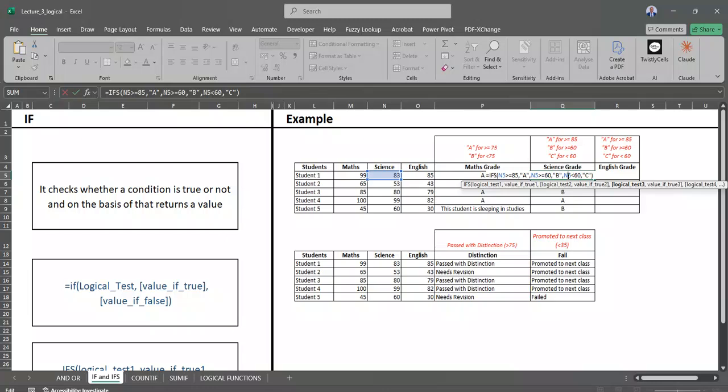Oh, okay. So meaning if someone gets like 20, it's a C. Yes, it's a C. All right. But we can even include to say